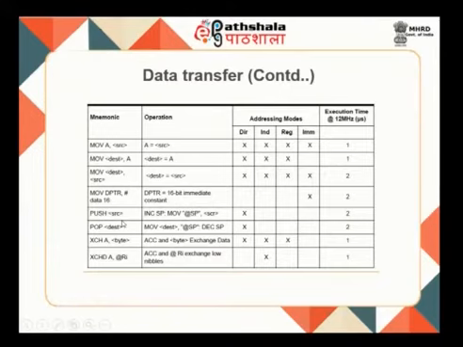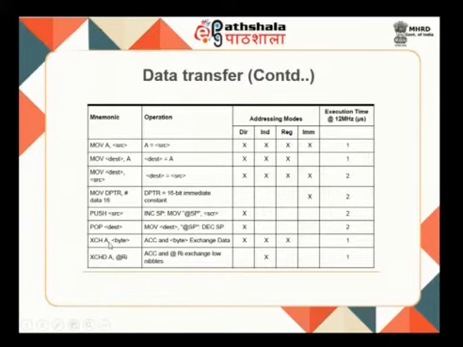When you are looking at PUSH and POP, they are for stack operation. PUSH is for putting data onto the top of your stack. POP is for removing data from your stack top. So it will be PUSH some source address. Whatever data is available in the source will be moved towards your stack top. POP is nothing but taking the data from the stack top and putting it at the destination.